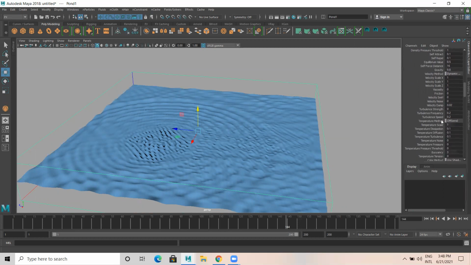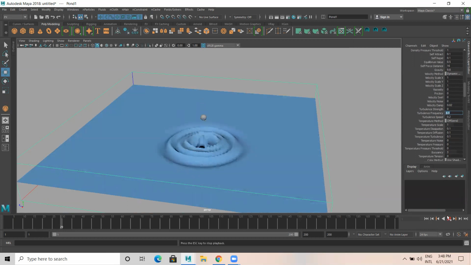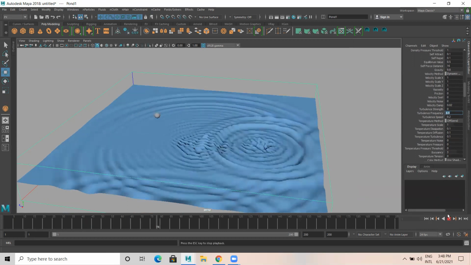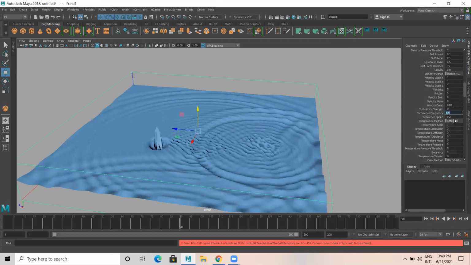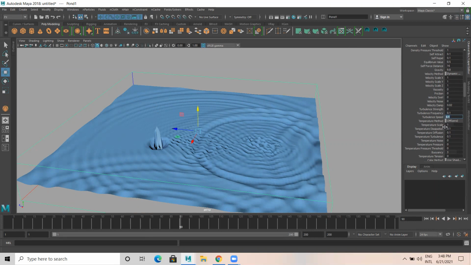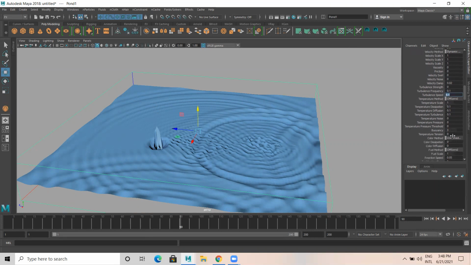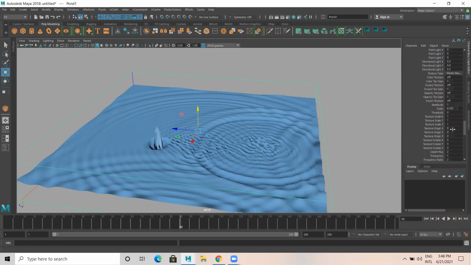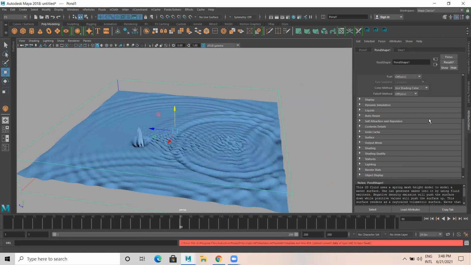Turbulence strength and turbulence frequency. So what I'll do, turbulence frequency 0.1, instead of 0.2, I make it 0.1. But still you have this. I make this 0.1 here also. Good attribute.